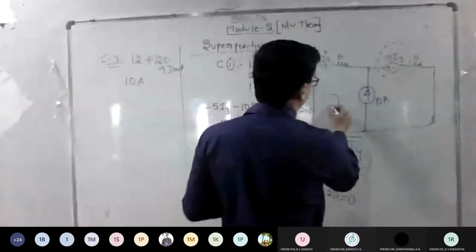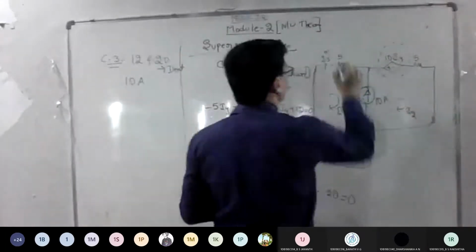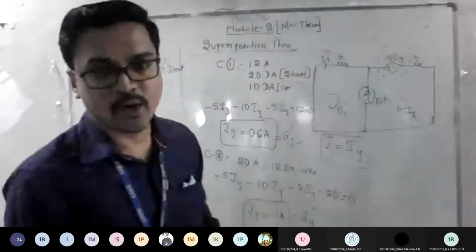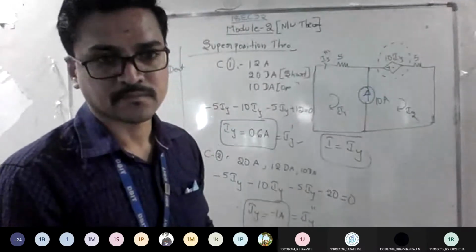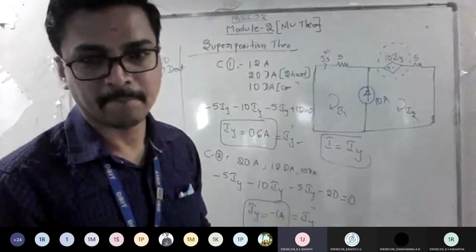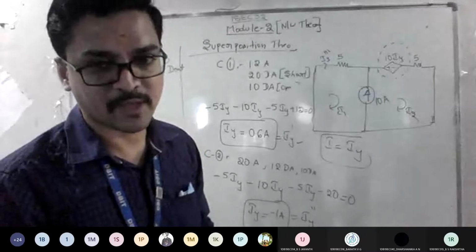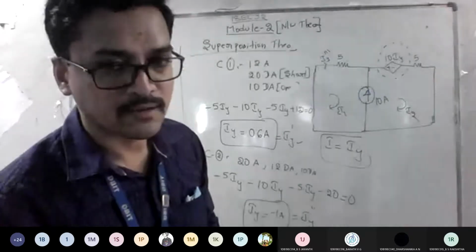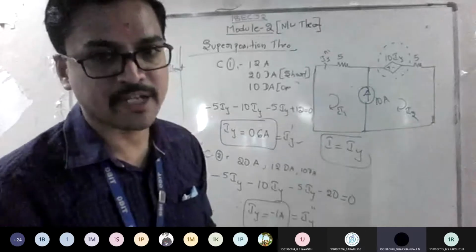So how many loops now? You have two loops, I1 and I2. So this becomes Iy triple dash. Which current do you want to find now, whether it is I1 or I2? You want to find I1 or I2? I1, sir. Good. So now look at the concept. Is it a concept of your what? Super mesh. Very good.